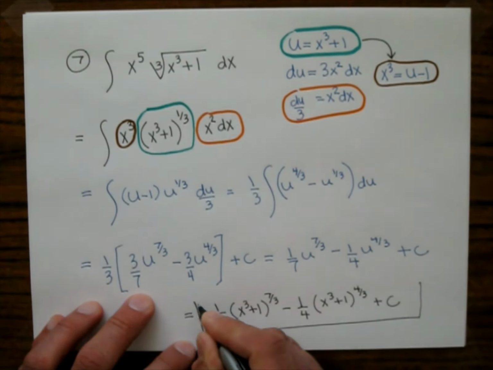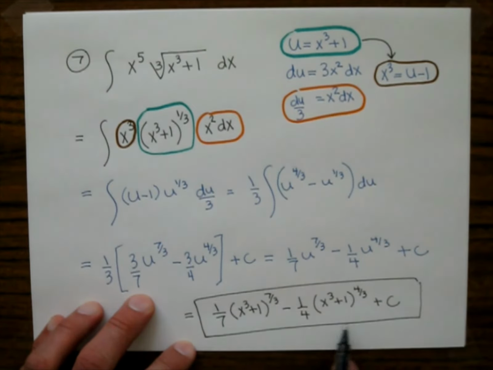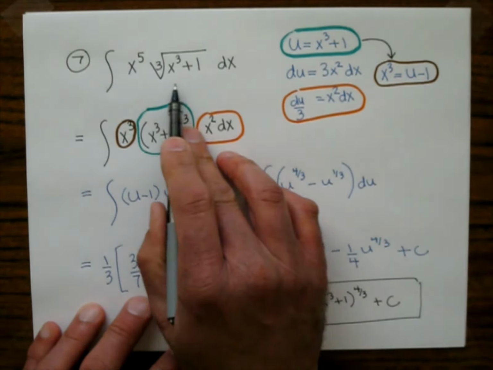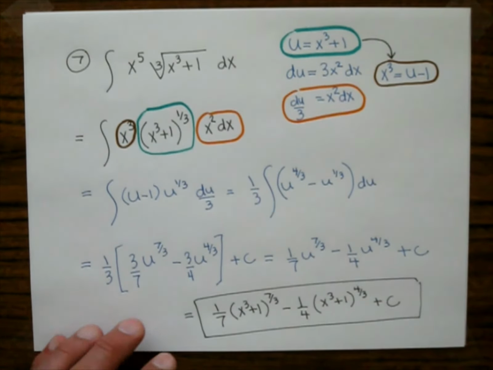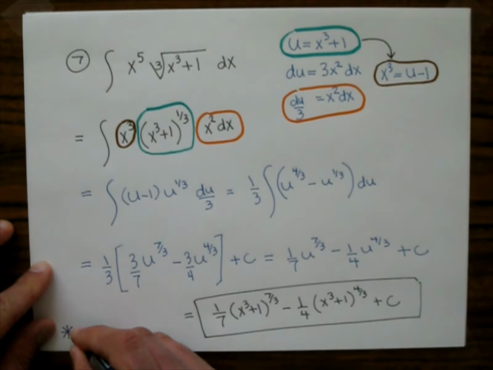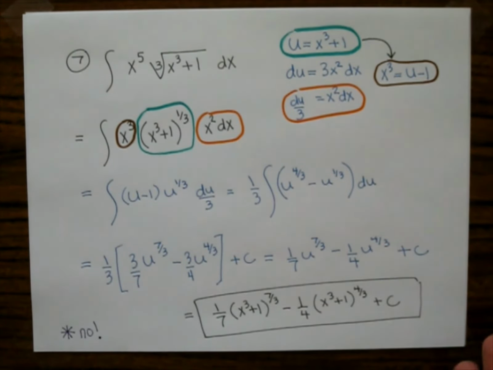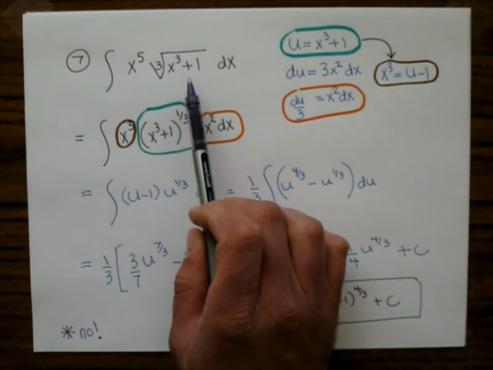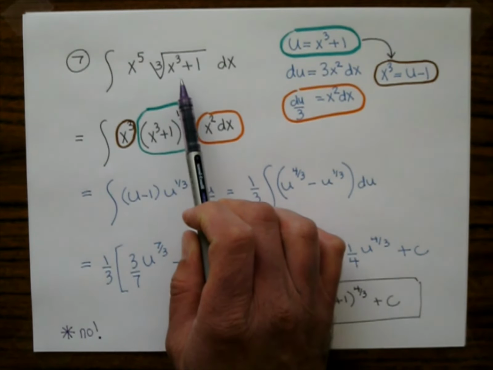If I went ahead and took the derivative of the thing that I just boxed, yes, it would be a lot of algebra and some chain rule and all that, and it would simplify to the integrand. So in terms of me doing this the eyeball method, no. I'm not going to do that, because I would actually just do it this way. The eyeball method is just so you can get some of the problems done really quickly, but this one,